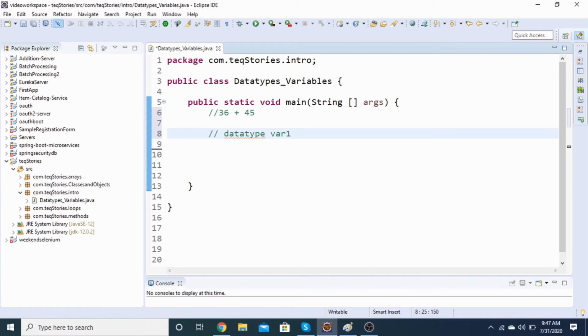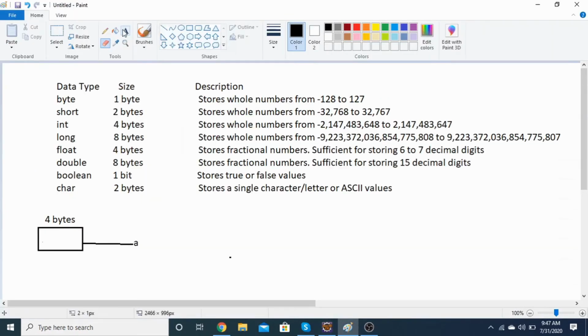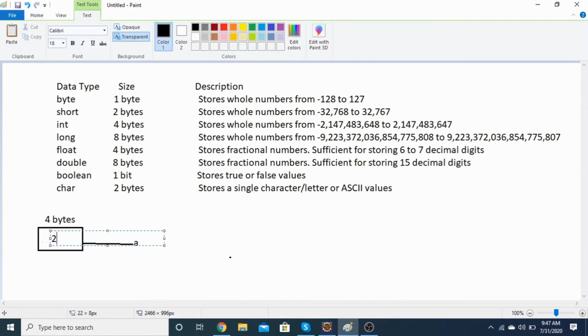Now I will say that variable1 is equal to something like 20, and I will give a semicolon at the end of the statement. Whenever I am ending a statement, I'll provide a semicolon so that the computer can understand that this is where the statement ends. So I am saying that the data type with the variable1 is equal to 20. That means somewhere 20 is getting stored, and who is pointing to this respective address?